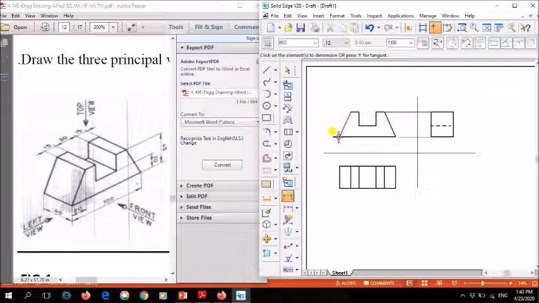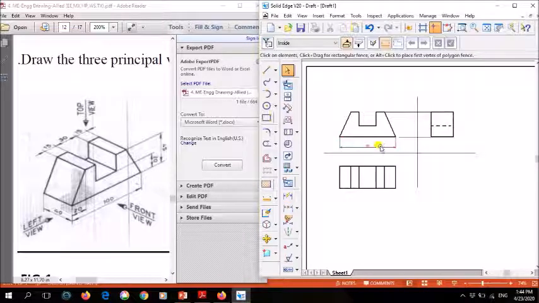Okay, so what you do, draw a projection line from here and draw a projection line like this. So how you do the dimension, usual dimension. So draw a projection line from here and from here, and show the dimension like this. Okay, so leave a gap here so that this dimension is clearly visible. Like we have seen earlier, whatever the distance is from here to here, how much should it be? 1 centimeter or 10 mm.